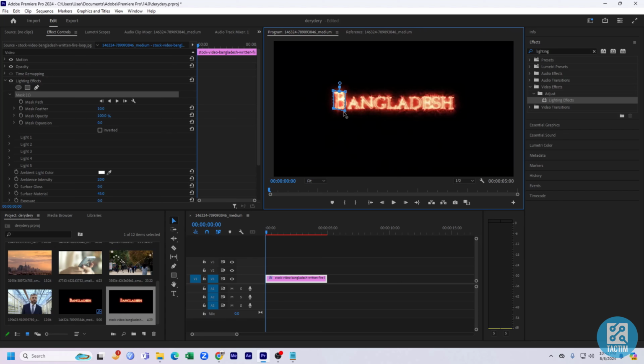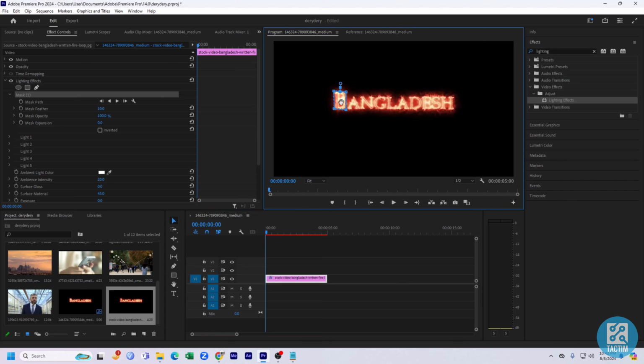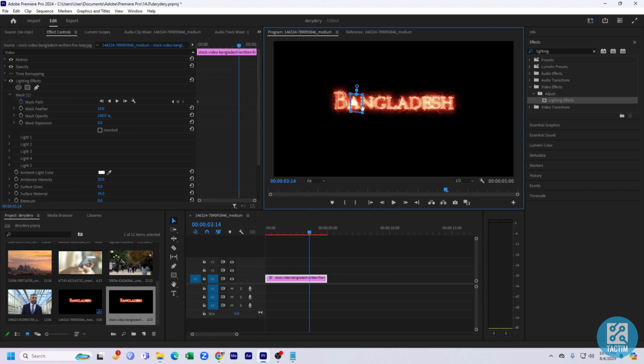like this. And after that, move the playhead to the beginning and click on this mask path, or you can just move it here, click on this mask path and click on the mask if you don't find that shape here, and move the playhead how many times you need, and move this also